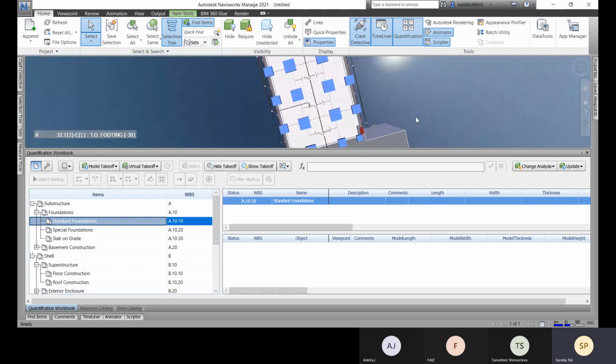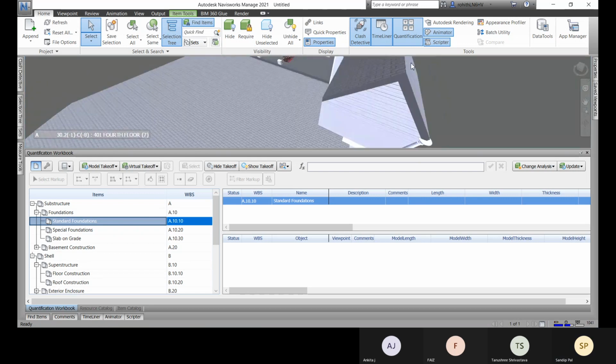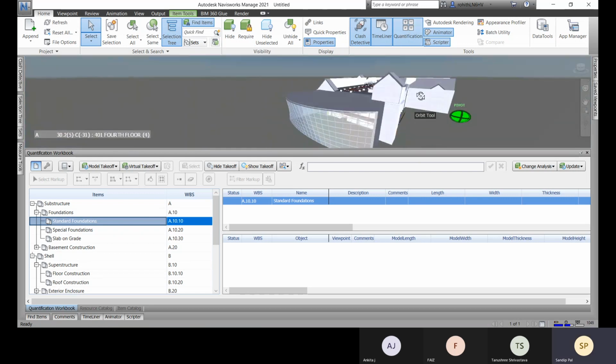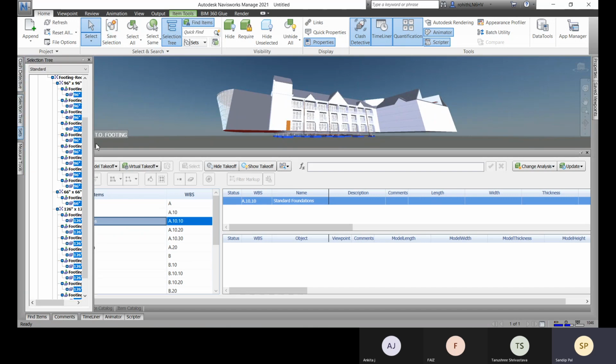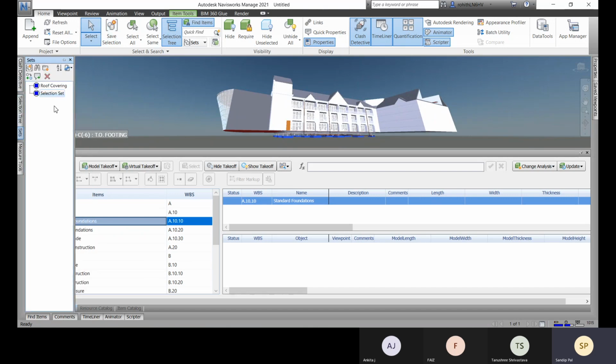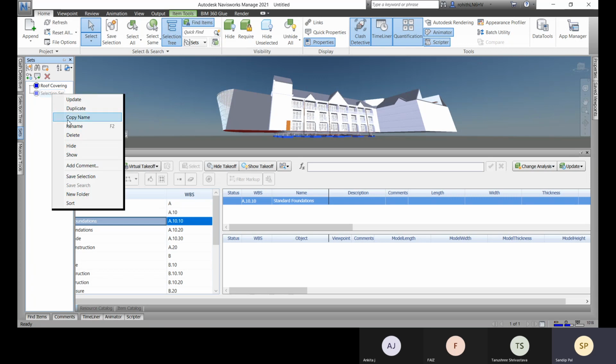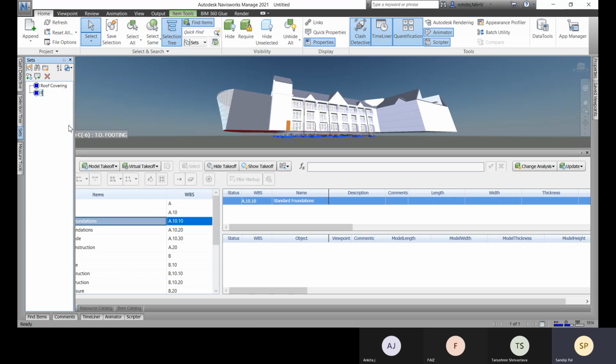Okay, and now go for the save selection and you name it. Go to this footing, name it. All right, and then this is selected right now, the standard footing.